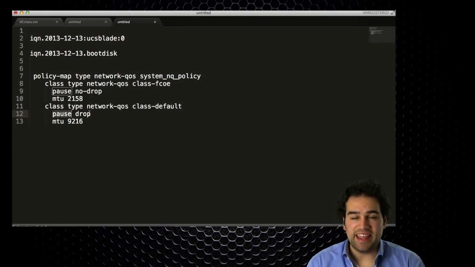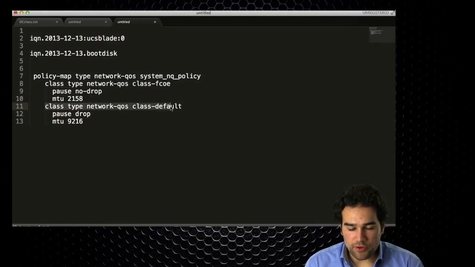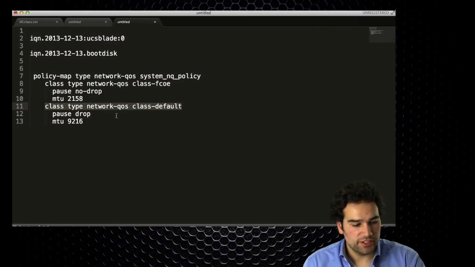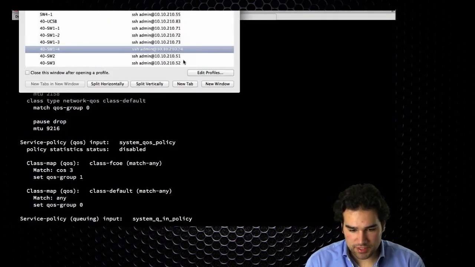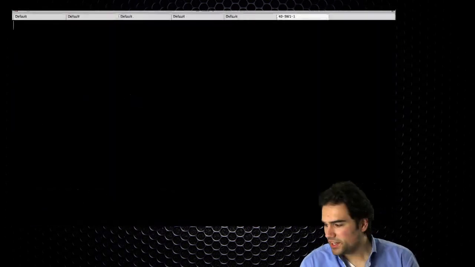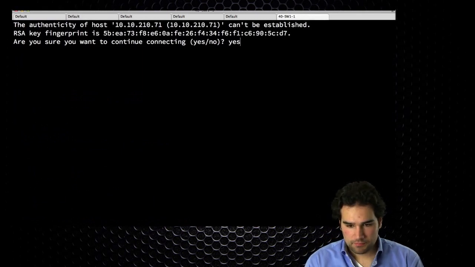What it means by the 8Q and 7Q configuration is nothing else than everything that doesn't match the FCOE queue falls into the default class. That's actually the default QoS policy on the Nexus 7K. So when I log into my Nexus 7K,